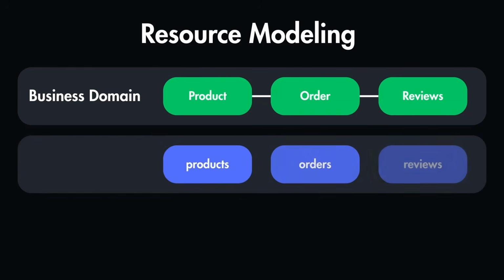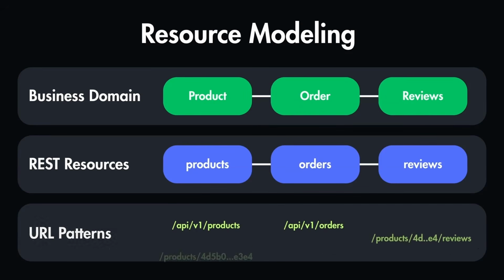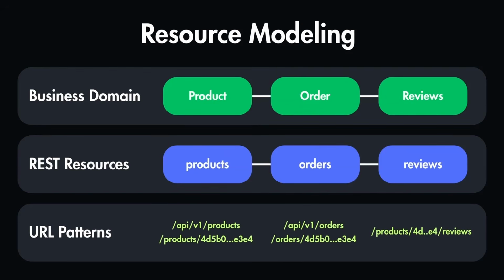When modeling these to a RESTful API, you usually convert these into nouns and not verbs, meaning that the product becomes products, order becomes orders, and same for the reviews. These can be collections or individual items. For example, this first request, which is to /API/products, will return you the collection of products, not a single product. But on the other hand, you could have /products and /specific ID of a product, which will return you the